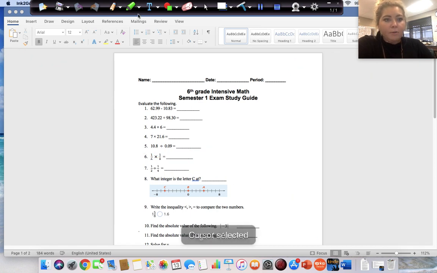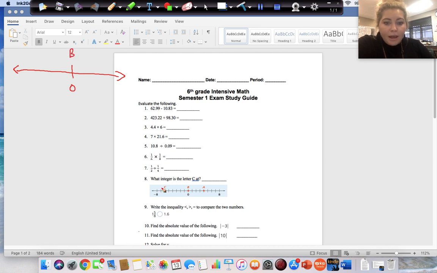Okay, now number 8. Number 8, we're actually using this number line that is written below. It says, what integer is letter C at? Well, I'm going to draw this a little bit bigger here. So this was 0, and letter B is at 0. Okay, and then we have 1, 2, 3, 4, 5, 6 spaces to the left